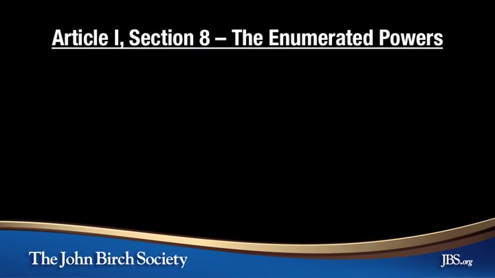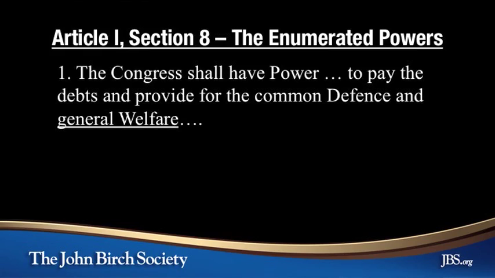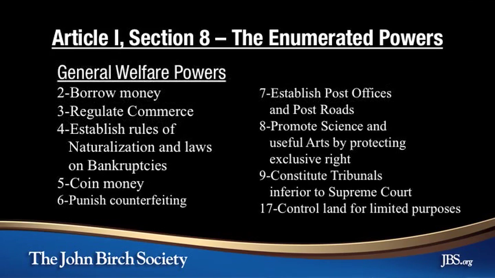It starts off with, at the top, Clause 1, the very first line in Article 1, Section 8. If you want to follow along, this is on page 17 in your pocket Constitution. It starts off with, the Congress shall have power to pay the debts and provide for the common defense and the general welfare. And then the next 9 clauses borrow money, regulate commerce, establish rules of naturalization and laws on bankruptcies, coin money, punish counterfeiting, establish post offices, post roads, promote science and useful arts by protecting exclusive right, that